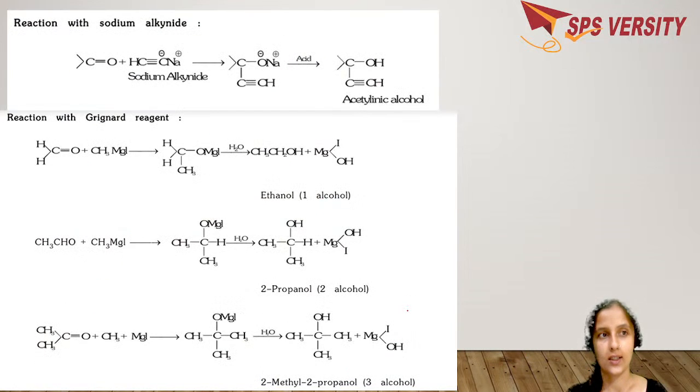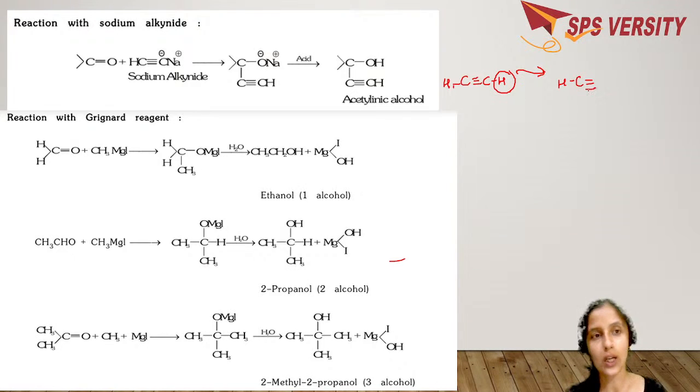So we go to the next reaction: reaction with sodium alkanide. Whenever you say sodium alkanide, we know that the alkynes possess acidic hydrogen. When this is treated with sodium, one of the hydrogens, or you can even replace both the hydrogens, results in the formation of disodium alkanide. So this gets replaced by Na, so you get C minus and Na plus. This is sodium alkanide. When you treat it with an aldehyde or ketone, for example, if I take RCHO,